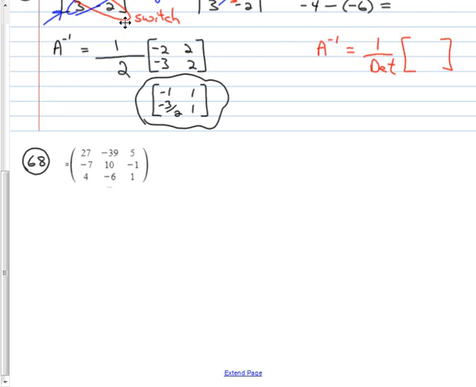What was that, 68? 76. All right. 76. This is a by hand knowledge question. So 76 says, solve the given system of equations for each set of constants. Use the inverse matrix method. So what they have done on 76 is they've given you different sets of answers. We'll just do one of them for our example, but that's what they mean for